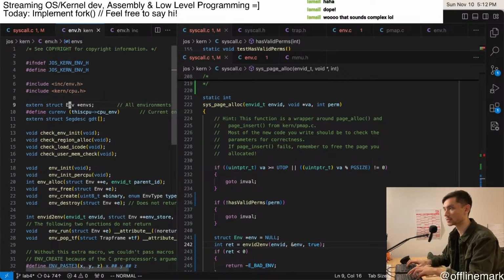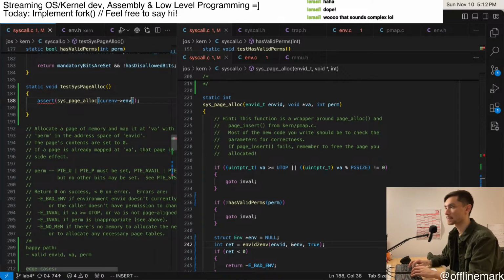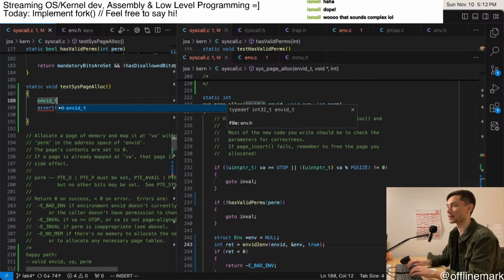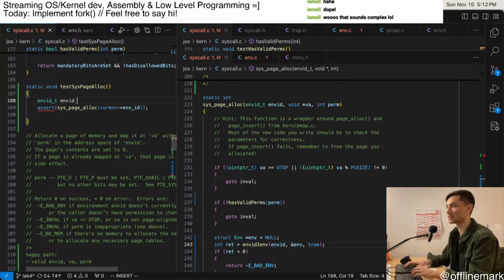It's just the env_id field. So we can just, that's easy. I might still just break that out to make it less noisy. Let's cur_env_id ID, and then let's just do some crazy stuff. Let's just